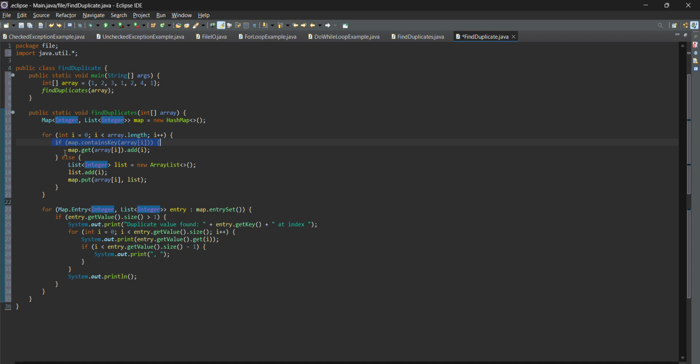The map.get(array[i]) adds the current index i to the list associated with that number.